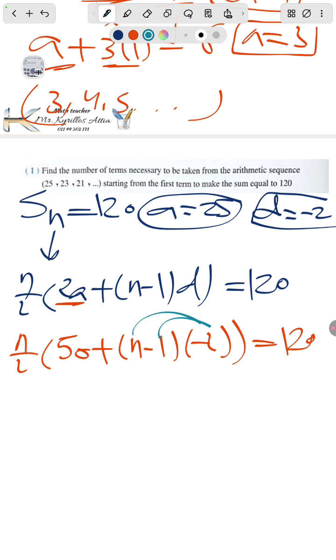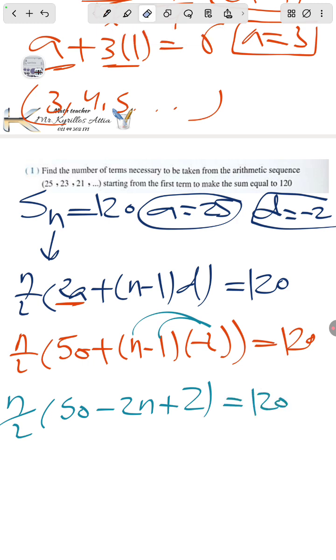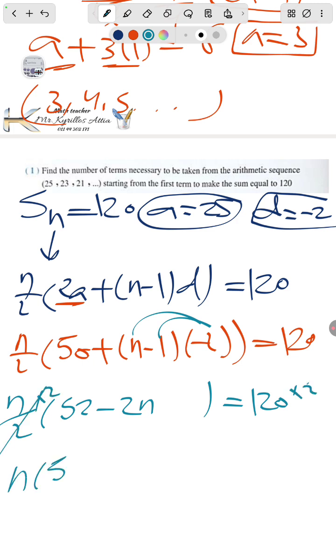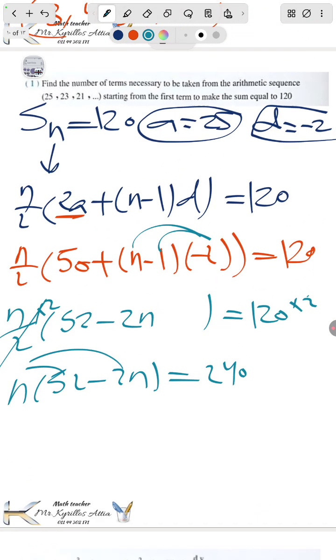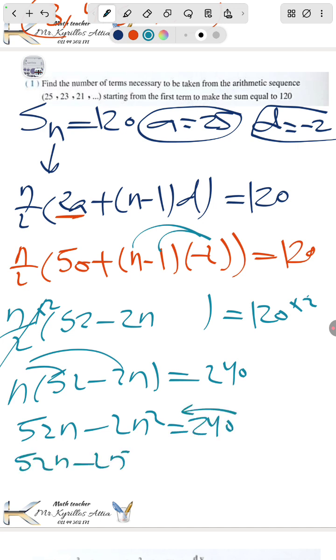We can multiply by negative 2, so n over 2 times 50 minus 2n plus 2 equals 120. 50 plus 2 is equal to 52, so we can write 52 minus 2n, and we can multiply by 2, so n times (52 minus 2n) equals 120 times 2 equals 240. We can multiply by n, so 52n minus 2n squared equals 240, and here 52n minus 2n squared minus 240 equals 0. By using a calculator,